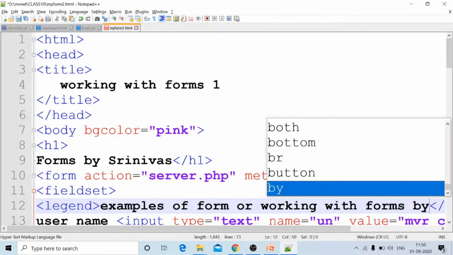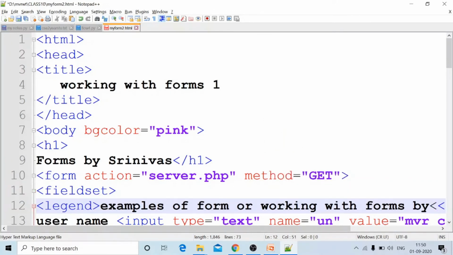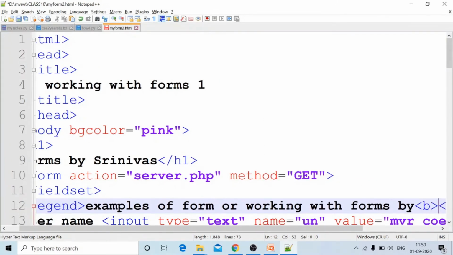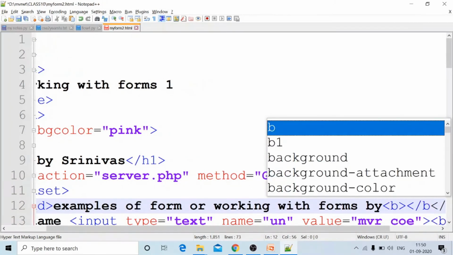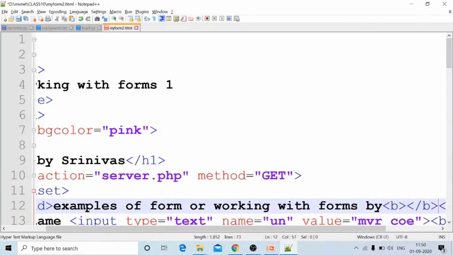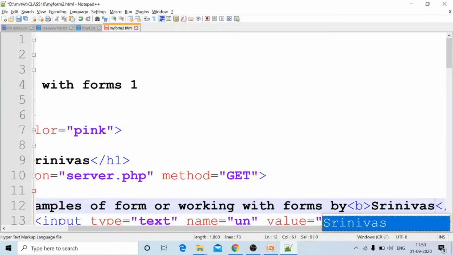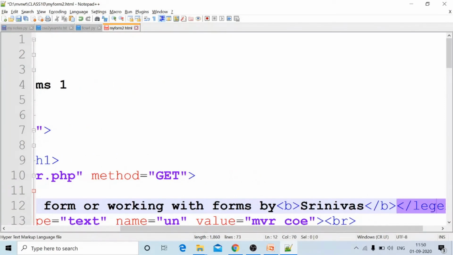And I want to display my name in bold letters. In order to display the name in bold, we will use B slash B. Note down, whenever I am saying a new element, observe, take separate notes, keep separate notes, put HTML: the B slash B tag is used for bold type text. Srinivas. Okay, the text between B and slash B will appear as bold.